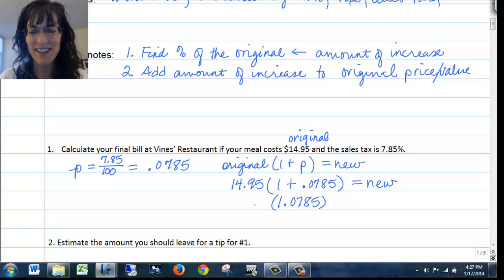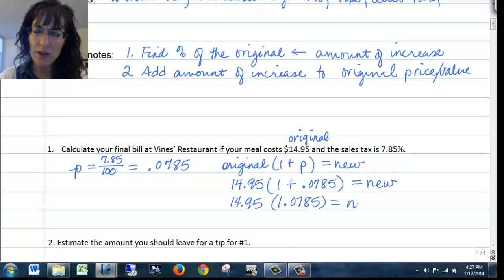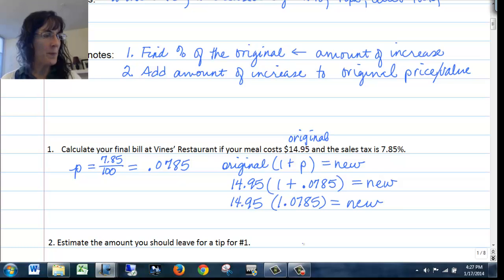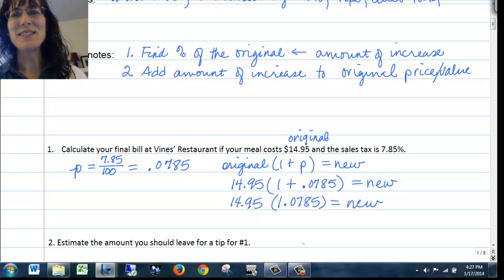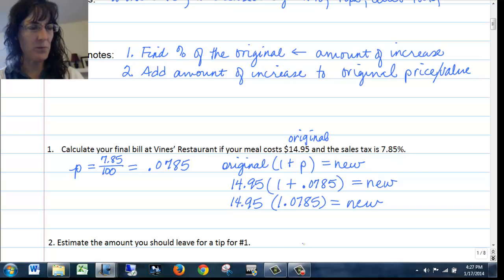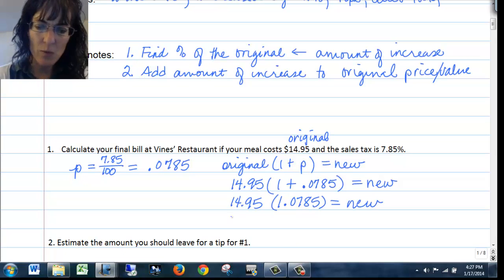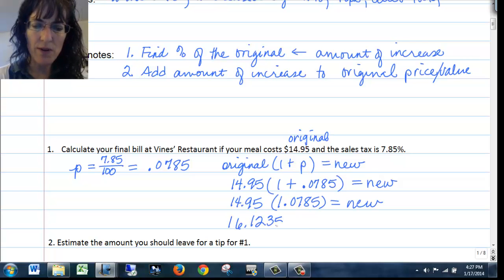That was easy. And then multiply by 14.95, and that should still give me new. I'll do that on my calculator. And so obviously this isn't a very good mental method, but it does work out pretty quickly. So we have 14.95 times 1.0785 equals, and I get 16.1235, and it goes on,